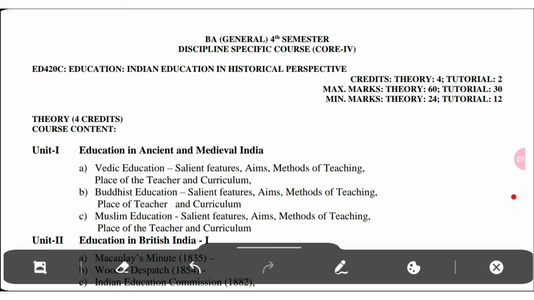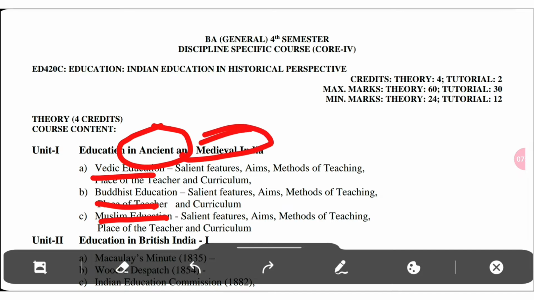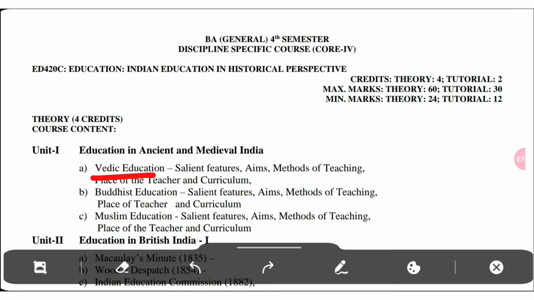So these two, that is Vedic education and Buddhist education, come under the ancient period of education, and Muslim education comes under medieval. So the next,